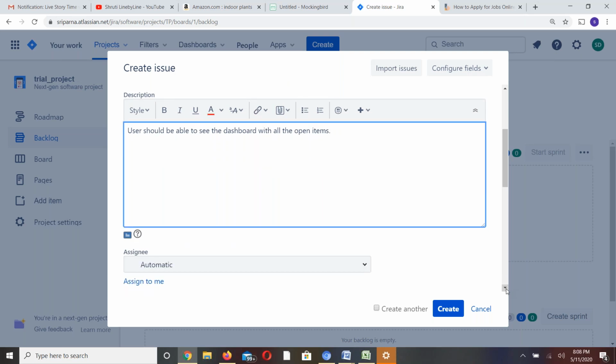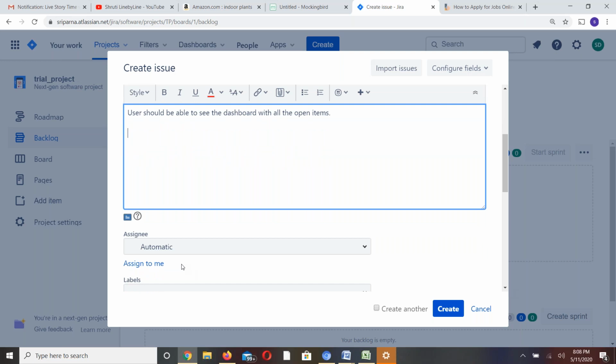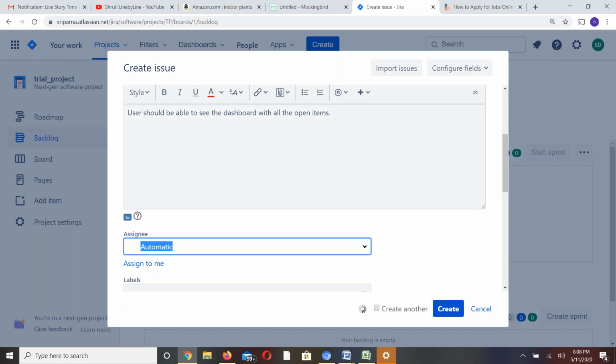Assignee. Let's say there are 10 people, and I added some people as developers. Obviously, for a project you will have developers and testers. You can just click on it and assign to the people directly. If it is an issue or a story, you can assign it to the developer directly. I cannot assign to anyone right now except Sriparna, because the only person created in this system is Sriparna. So obviously she is the reporter, and she assigned herself this item. But otherwise, in general, if you are creating a requirement, you either assign it to a BA, or you can assign it to the developer for working on this particular item.